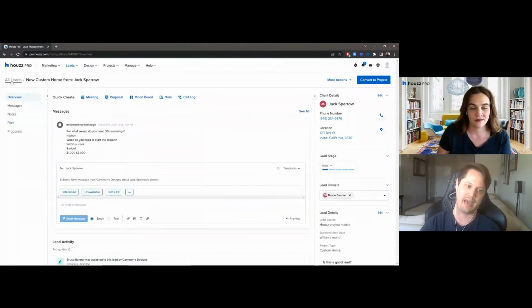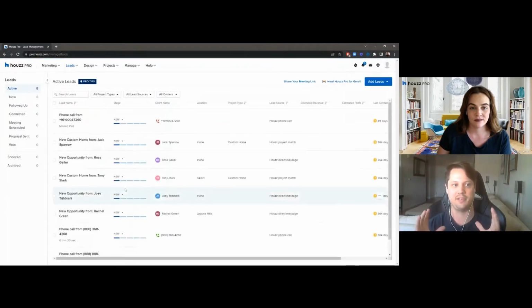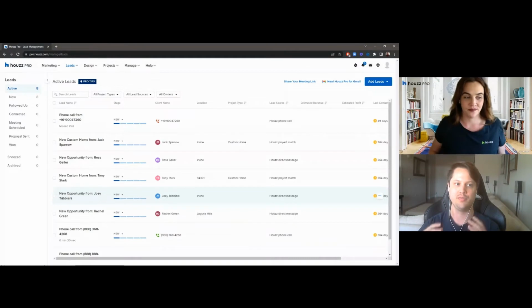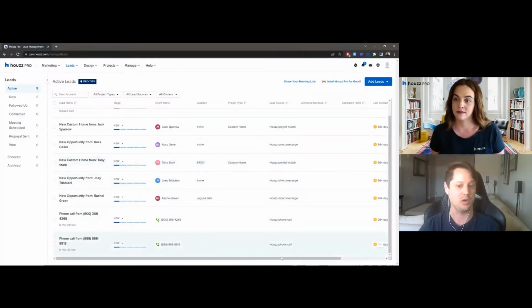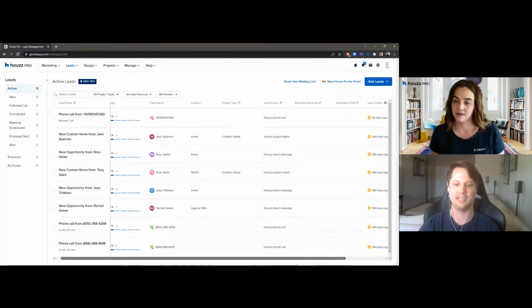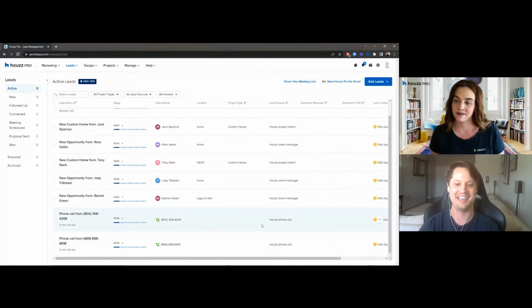Cool. So I'm going to actually back up here really quick and look at it from this bird's eye view. So here we have all of our active leads. And if you are utilizing this to its fullest potential, really what this active section is supposed to be is anything that you are still attempting to work on. And if it's something that's no longer relevant to you, we'll definitely want to clean things up. So as an example, if this one was a year back, and it shouldn't be in the active section anymore,